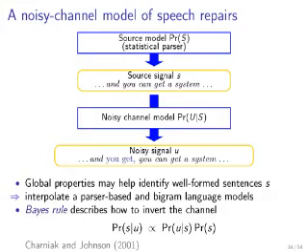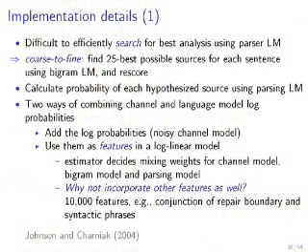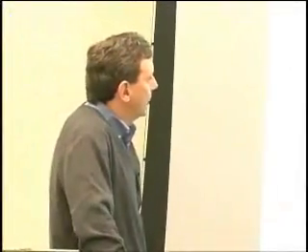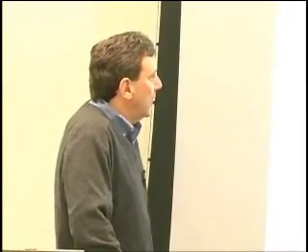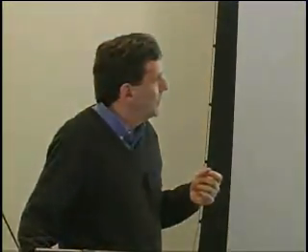In more detail, we're going to adopt the noisy channel model. It's usually a good thing to adjust those mixing weights. And then, of course, once we're using the log-linear rescorer, you say, well, why not incorporate some other features as well? We wound up incorporating about 10,000 features that had to do with the conjunction of repair boundaries and syntactic phrases. As I said, repair boundaries don't always appear at syntactic phrases, but they often do. They often like to appear at the beginning of sentences, beginning of clauses, things like that.